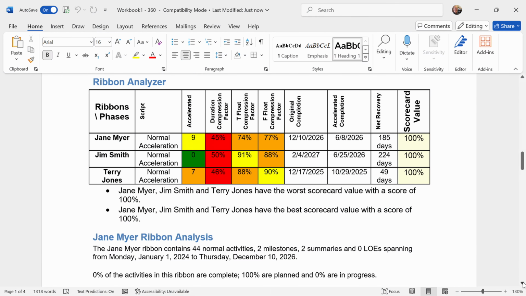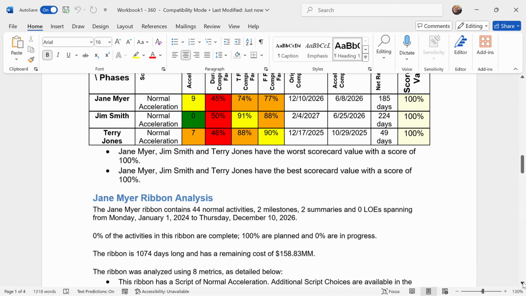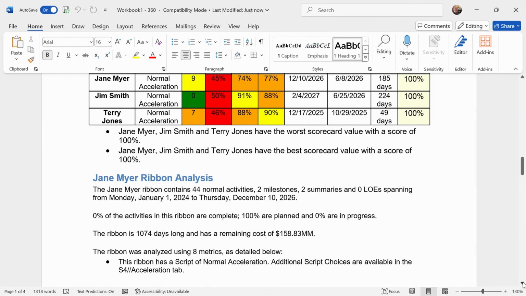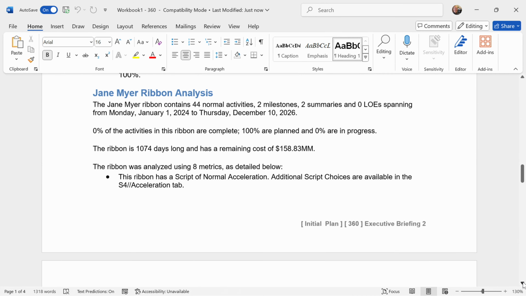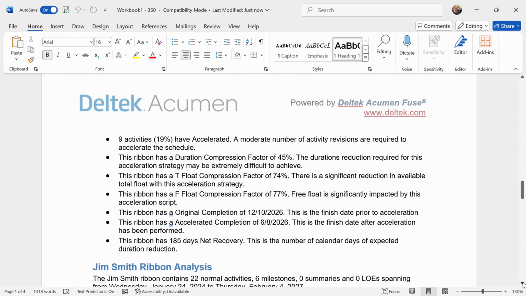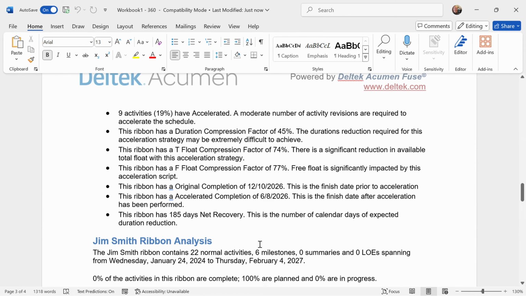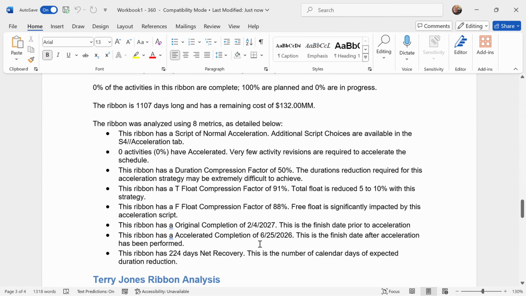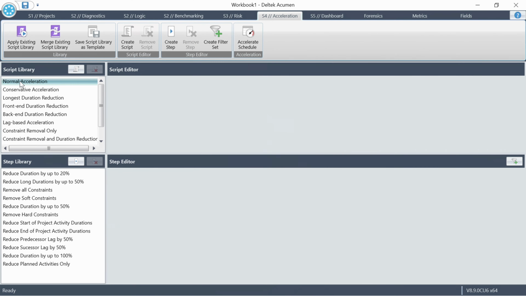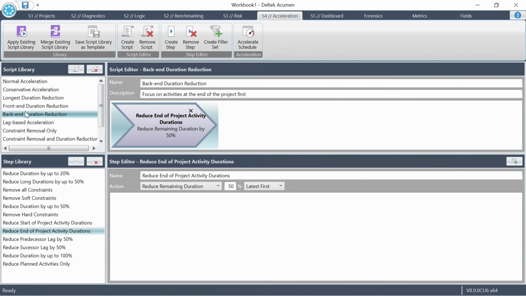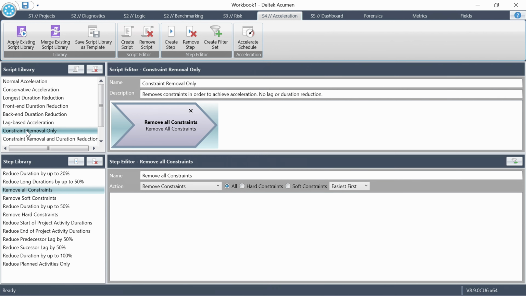Acumen's executive briefing report will give you a custom briefing using these metrics, and it will take advantage of how you have sliced the information on the S2 diagnostic screen. The goal here is to communicate the acceleration strategy to those who ultimately will be part of the decision-making process. If the activity owners raise concerns about items listed in the results that can't be accelerated,